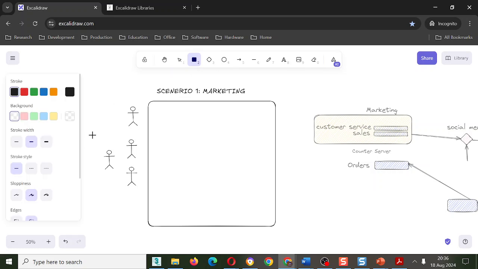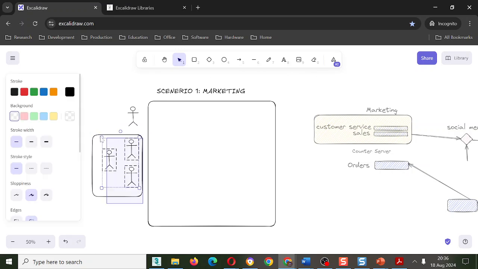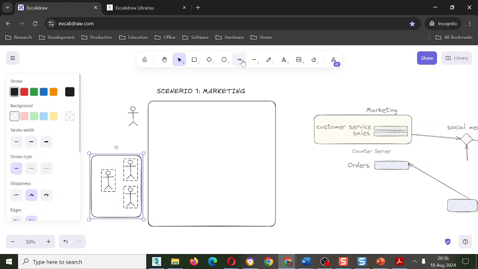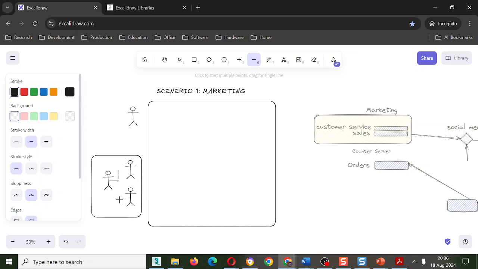So, for example, I might decide, let me just put these in a box so that it's clear. These are different actors. Let's put them out this way, like so. And how you represent generalization is using arrows like this. So you take an arrow, a line like so, another line like this, like that, and then another one like this, and another one like this.